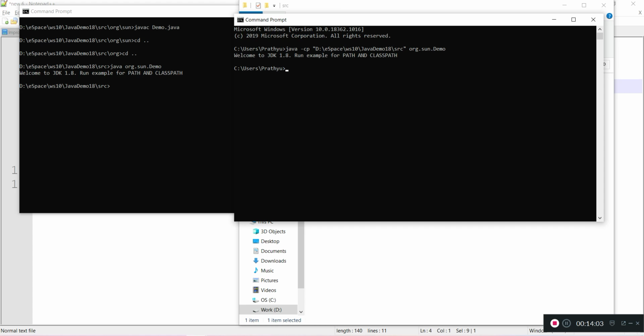Class path is used to locate the class files for Java executable files like a Java compiler or Java runtime environment. These tools are able to find the .class files from the class path. So instead of CP, we can use classpath. So this is also the same, CP is the short name. In another way, we can set classpath something like this.